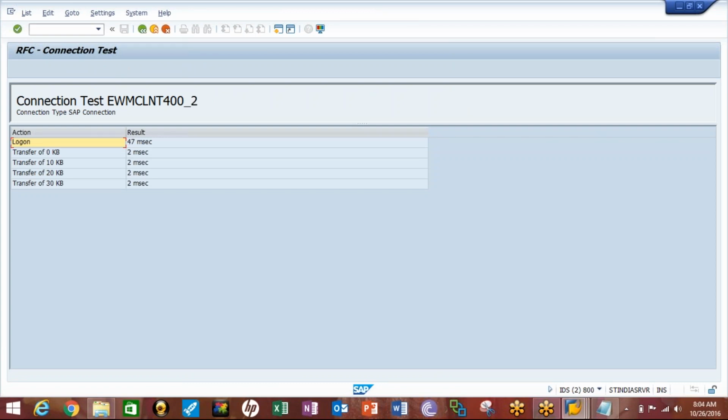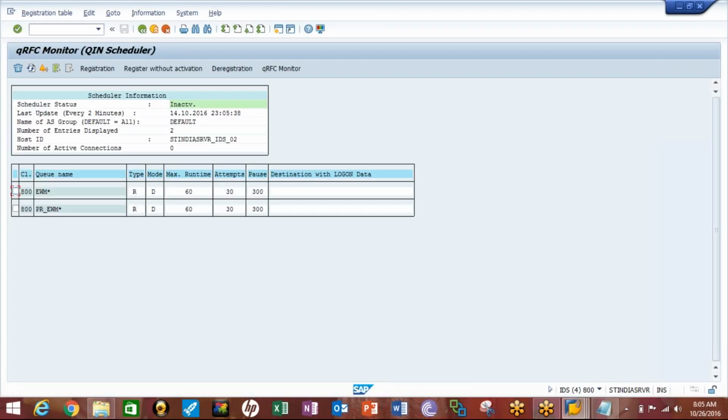Then go into transaction SMQR. Let me have a look at the settings.